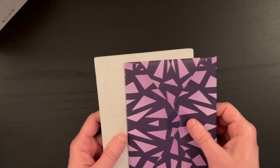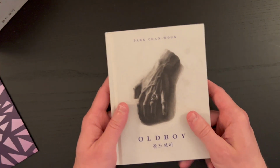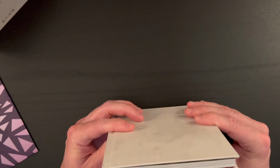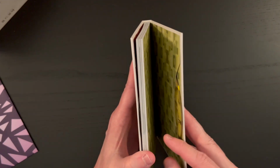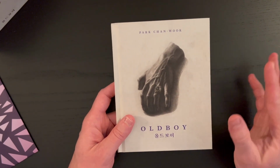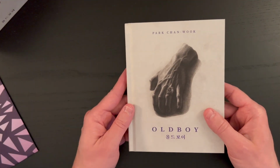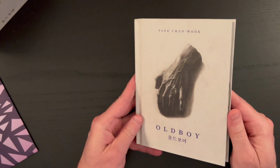We will set the cover aside there. And so we have two parts to look at here. Here we'll first look at how the discs are housed. So this is a really, I was unaware that there was a nice thick book included in here as well. So this is kind of a pseudo digibook, but it's enclosed in that outer box, and then there's an envelope with some extras as well. So this is kind of its own thing, to be honest,